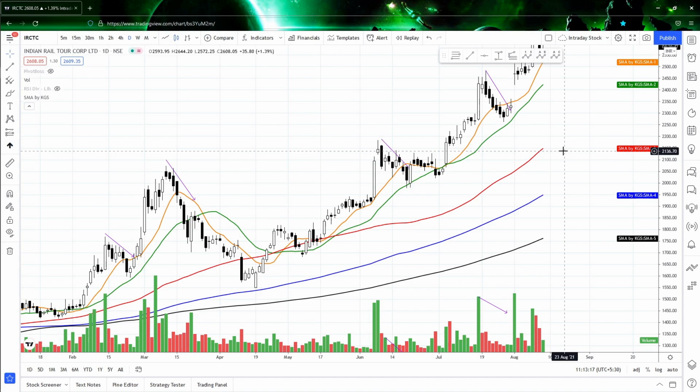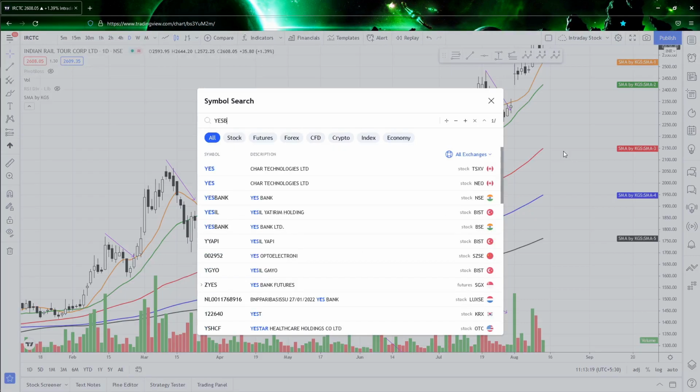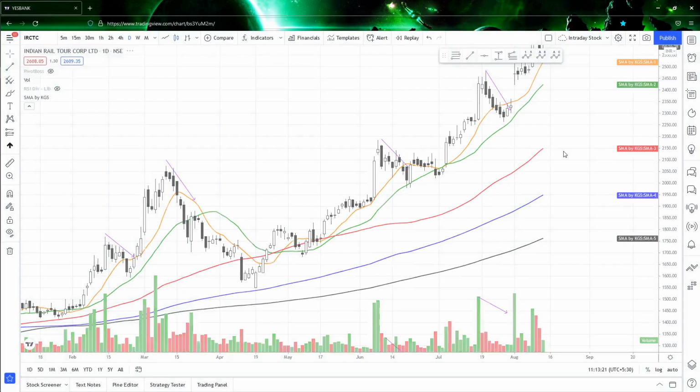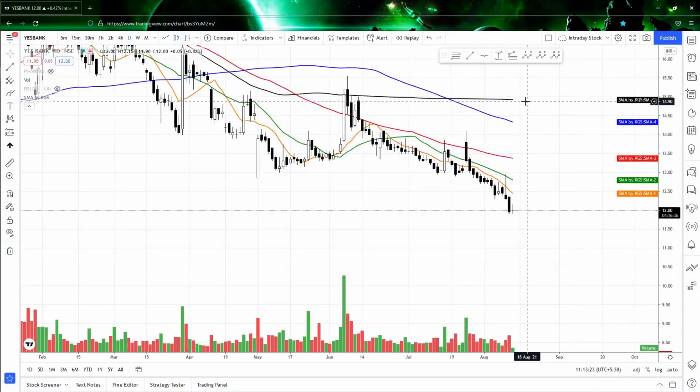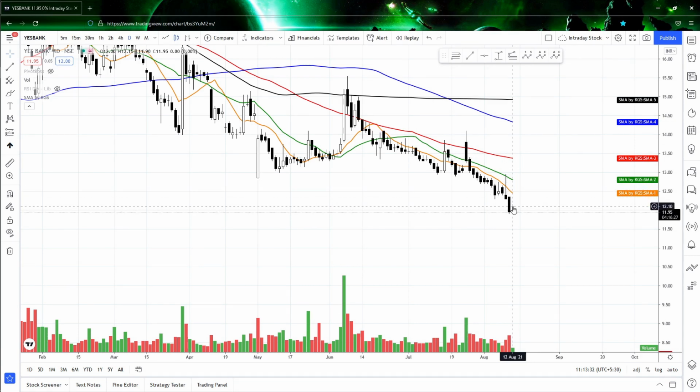Clear. If in case it is upside down, which means the opposite way, I'll go for SBI bank. In that, you see 200 is above 130, 130 is above 65, 65 is above 21, 21 is above 10, and 10 is above price. So ultimately this is the bearish view. The price is below all the MAs, so it is a bearish view.